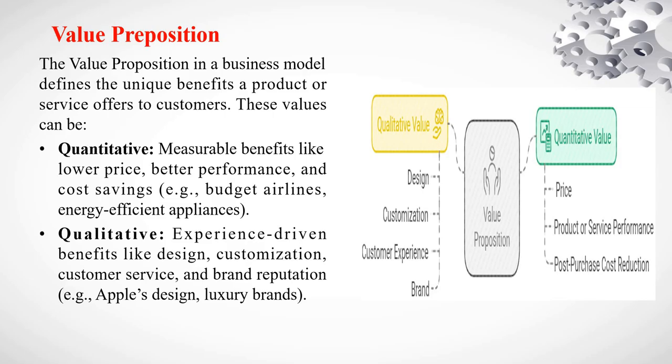Examples here are energy efficient appliances, which reduce electricity bills. Then you have budget airlines, discount retailers, and also fast internet services and high speed processors in smartphones. Second is the qualitative value, where